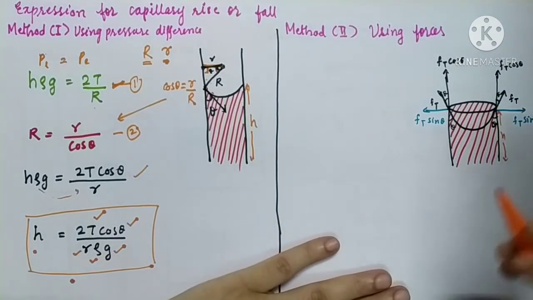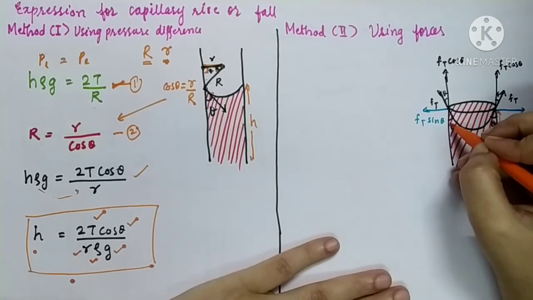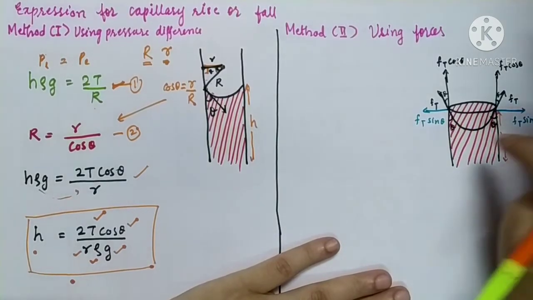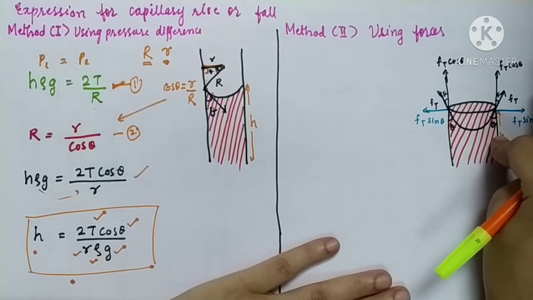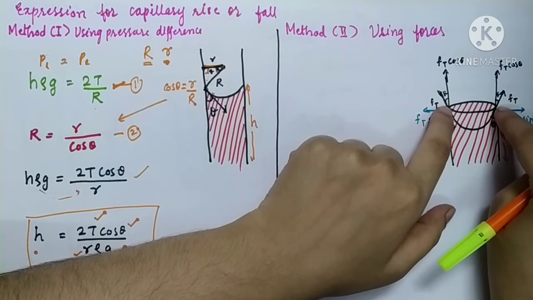So again, when we draw the tangent to the liquid meniscus and measure this angle, it comes out to be equal to theta. On both sides of the capillary tube, we are going to get the angle of contact. Remember that we are taking only 2 points of the liquid meniscus.